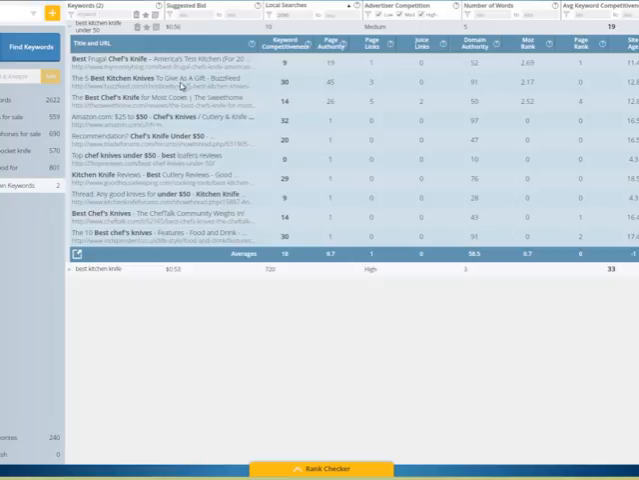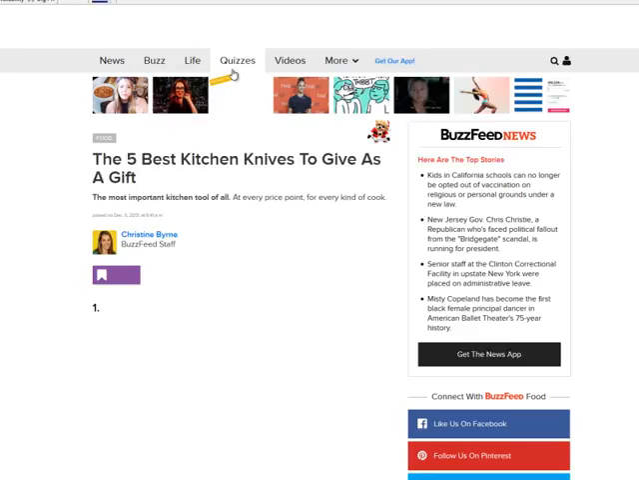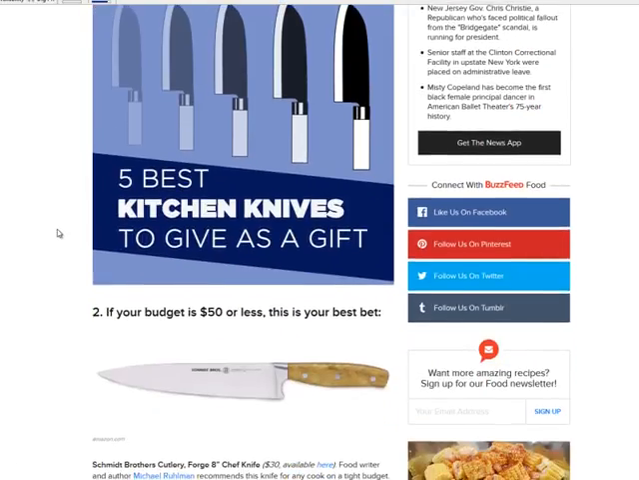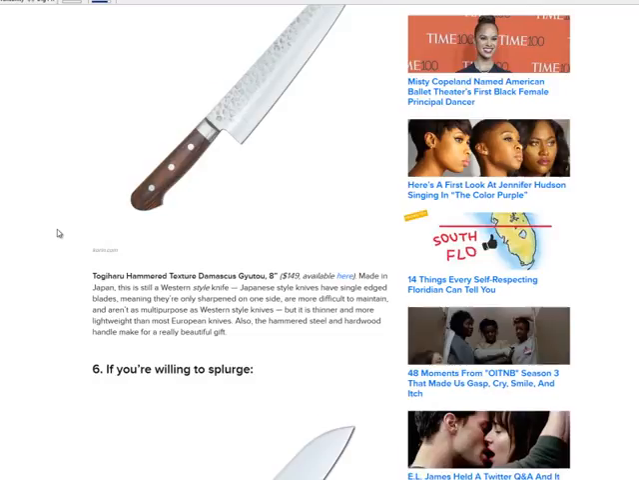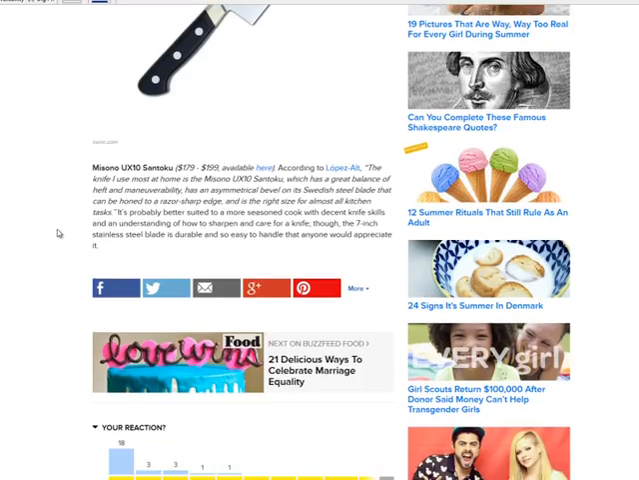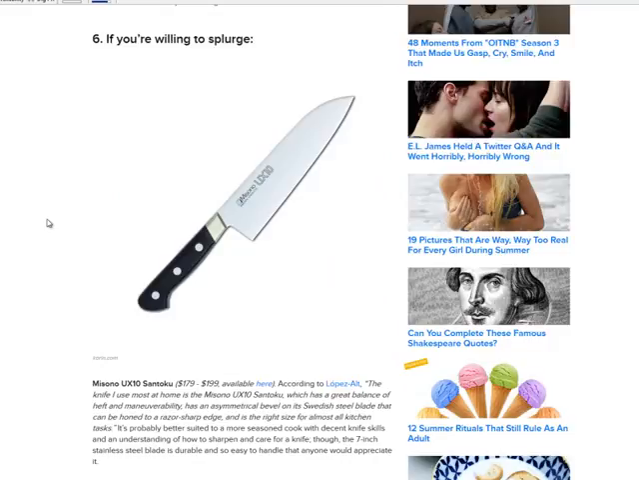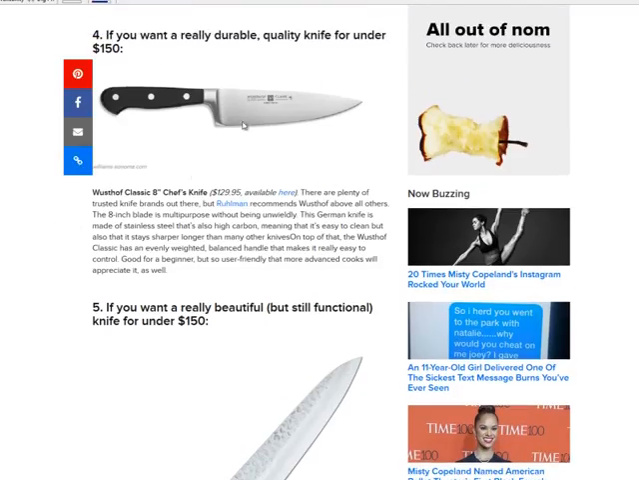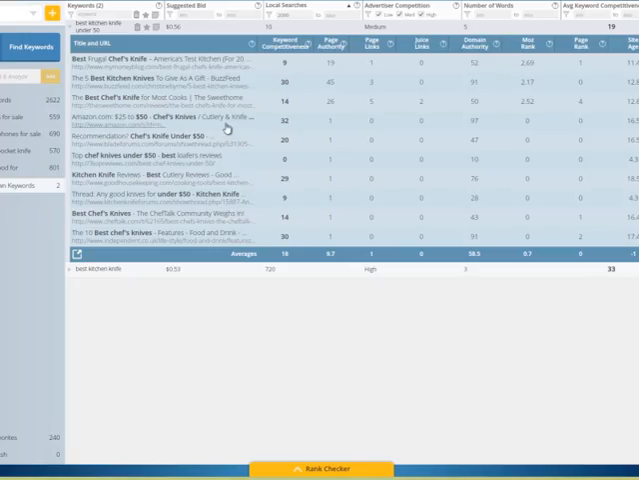We've got a BuzzFeed article. I'm sure you're familiar with BuzzFeed. And so these are typically curated pieces of content, which looks like that is the case. So just short blurbs and then links to the knives themselves. So not particularly strong. I could go down the line here, but I do see a couple of forums, which